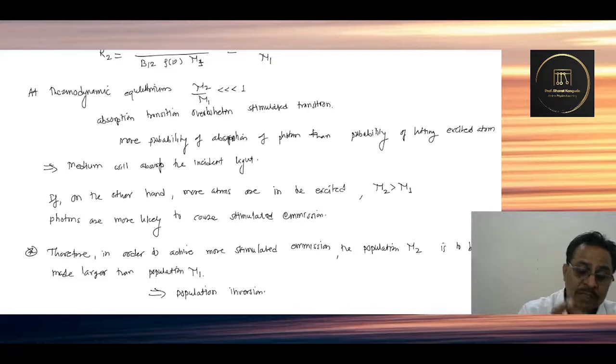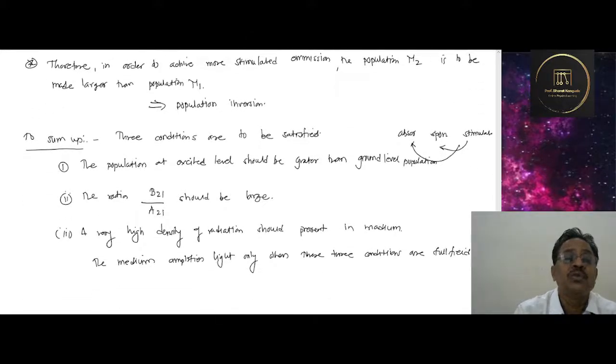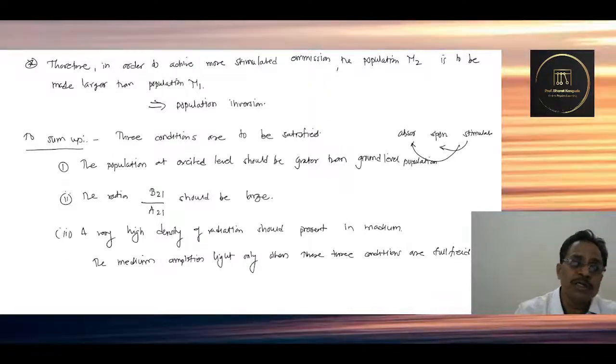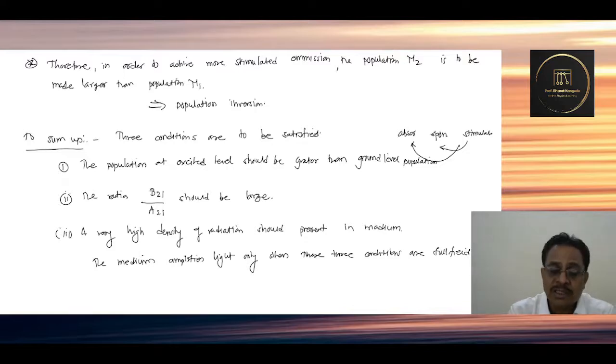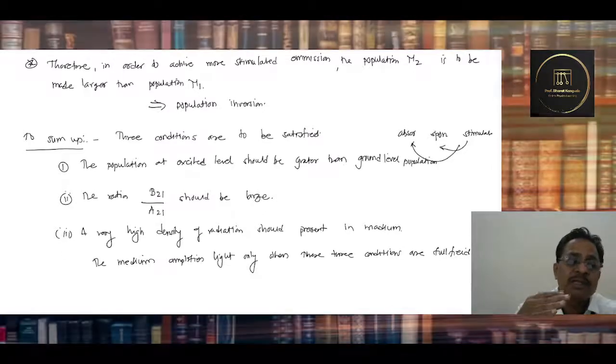So the different probabilities of absorption, stimulated emission and spontaneous emission can be discussed here. And therefore, to sum up all these conditions, to create conditions for a large number of stimulated emissions, we need to do these three things. Stimulated emissions are to be dominant over absorption and spontaneous emission. But remember, without absorption we cannot go into the stimulated radiation. So let's have absorption first. Raise the number of atoms from ground state to excited state, let them remain there for a longer time, so that the population inversion condition will be reached.